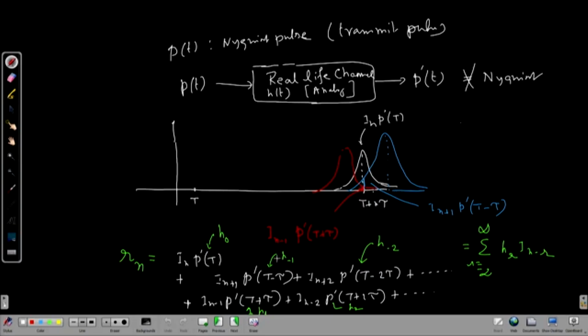So, that is why these coefficients H minus 1, H minus 2, they are progressively decaying, the value is becoming lesser and then becoming 0. Similarly, for H1, H2, these coefficients are becoming 0. That is, if you start from the center of the pulse, go tau to the right, whatever is the contribution for the basic pulse, you call it H1, then next 2 tau to the right, you call it H2, but the pulse is a decaying pulse. As I told you, it is a time bound decaying pulse. So, beyond a point of time, it vanishes. As a result, H1, H2, they also go out. So, therefore,